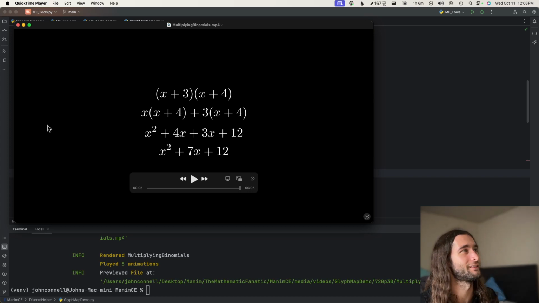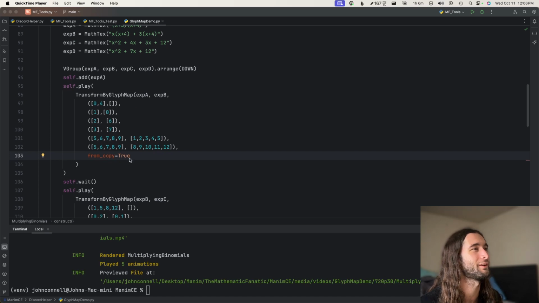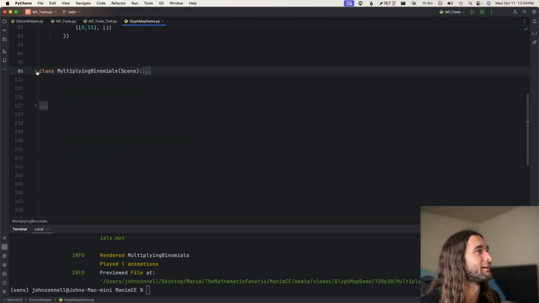So yeah, this is the idea behind TransformByGlyphMap. I think it's a pretty convenient way to work with text objects. So yeah,